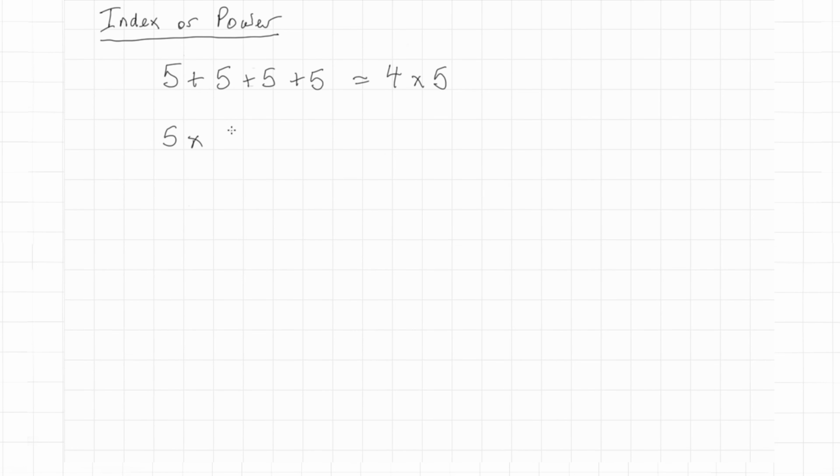So we're going to have to come up with another way, and we write the number down that is repeated, and then we count the number of factors, and we put that up there as what is called an index or a power. This number down here is what we call the base. So it's a base that's raised to a power, and it's only if that number is multiplied